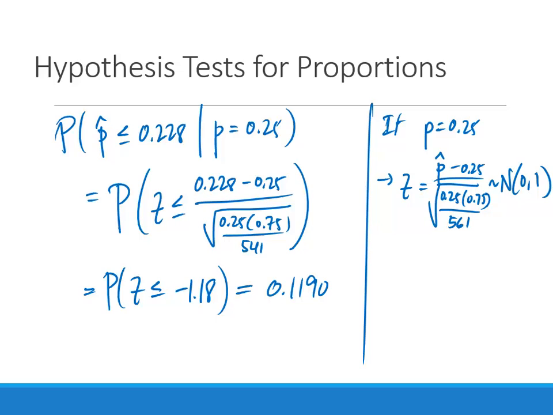Okay, so the probability that I fail to reject if the true proportion really is 0.25 is about 12% here. So this is pretty good anyway, right? This is the probability that I make an error, and that probability is not that small. It could be smaller, but